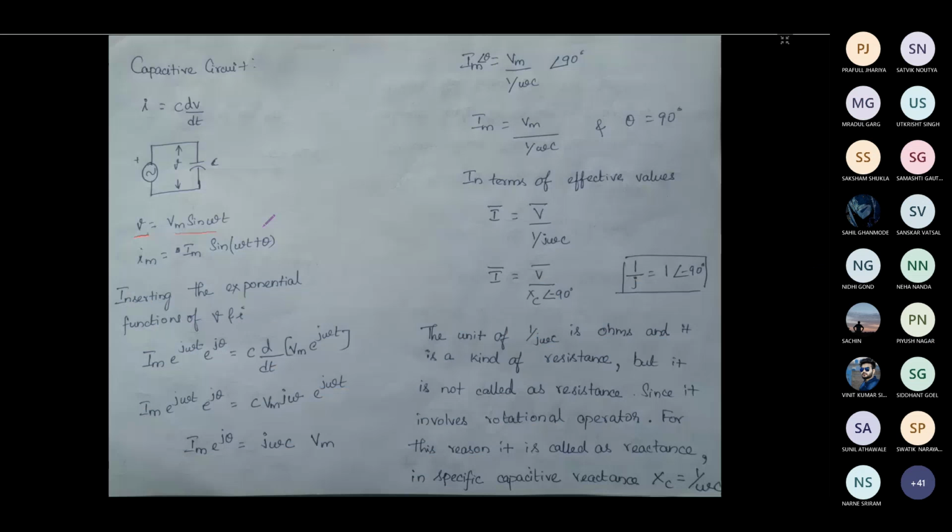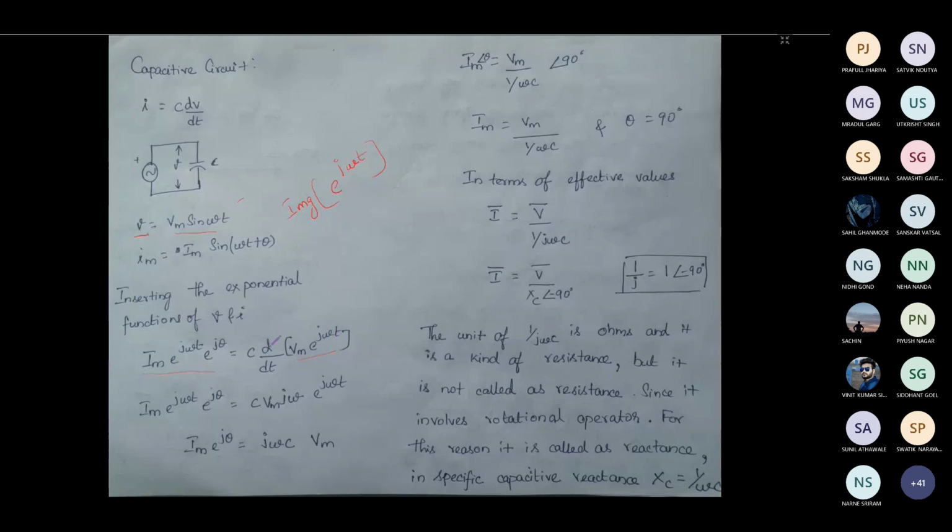Sign is there, so we would have taken the imaginary part of this complete term. That is, e^(jωt) you would be getting, and then you would have taken only the imaginary part. If you take only the imaginary part of this, we would get this expression. So here the current can be written as Im e^(jωt) into e^(jθ), and the current is given as C into dV/dt, where V is represented here as Vm e^(jωt).